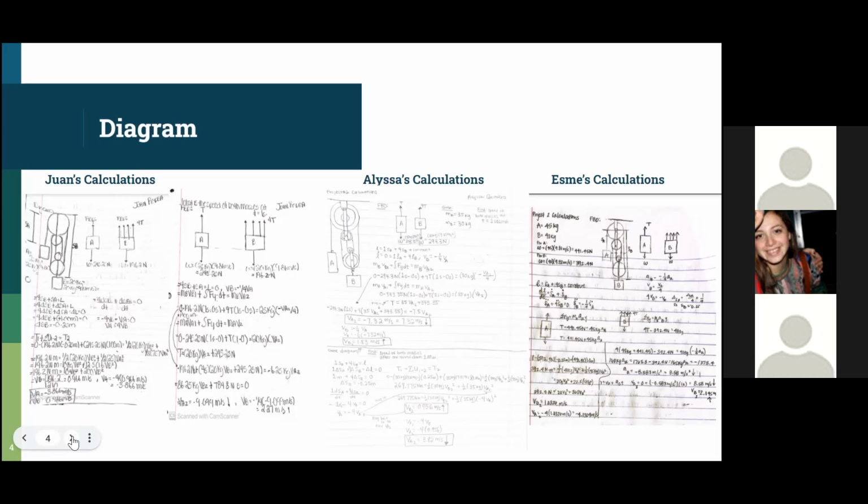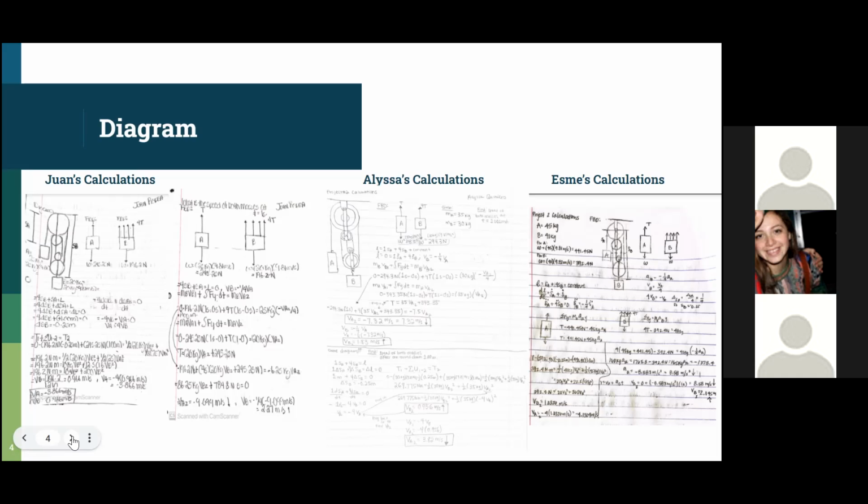Today on my calculations, I'll be talking from my perspective of our project. My mass A was 45 kilograms and my mass B was 40 kilograms. First, the velocity is the derivative of the position. I started initially at rest and solved for the relation from mass A to mass B. Reminder, it is attached to the ceiling, so we did not have to track the distances of the rope or